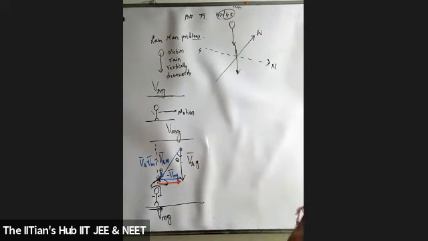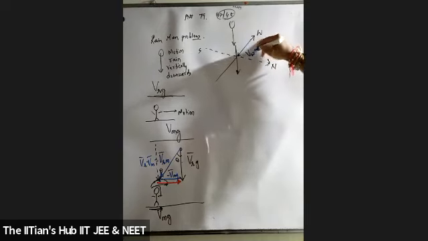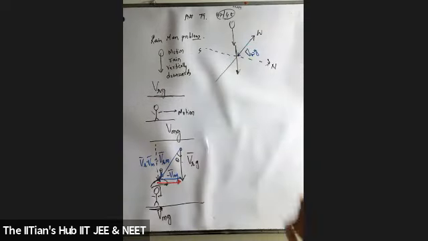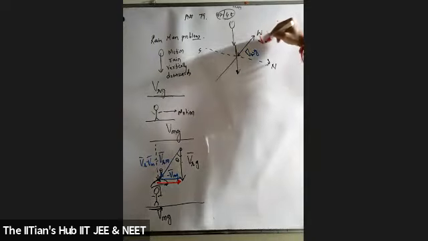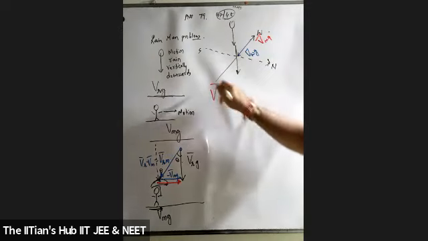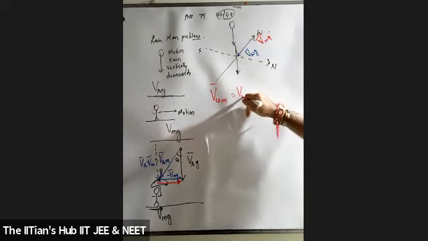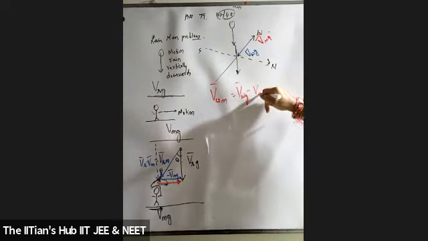Now suppose I say the wind is blowing in this direction, so the velocity of wind with respect to ground is known to me. Agreed? Velocity of man with respect to ground, that is also known to me. If I say that the man is going in the direction of wind, how exactly does he have to hold his umbrella in that case? So he's going in the direction of it. So can you first find out what? We'll find out the velocity of wind with respect to man. So can I say this will be V of wind with respect to ground, minus V of man with respect to ground?